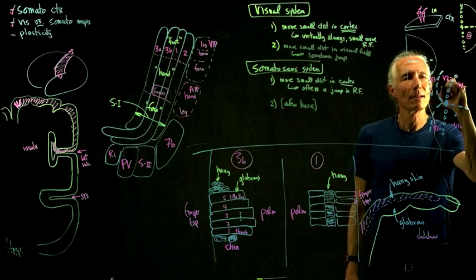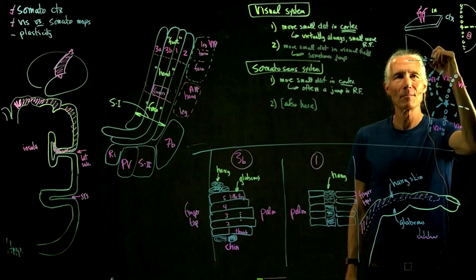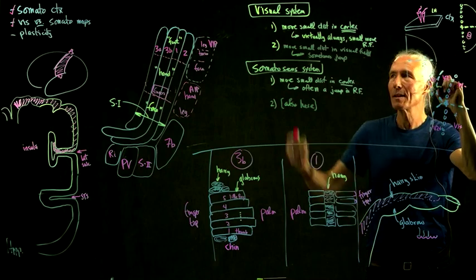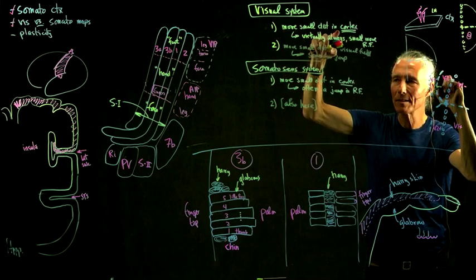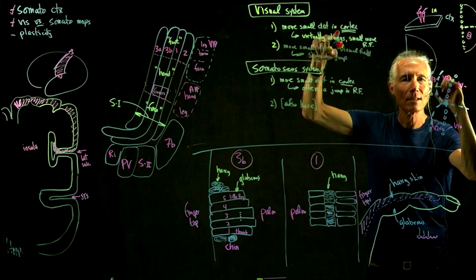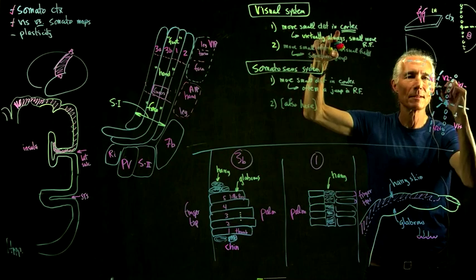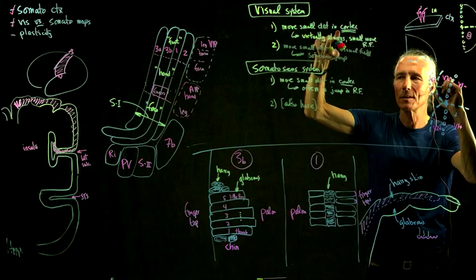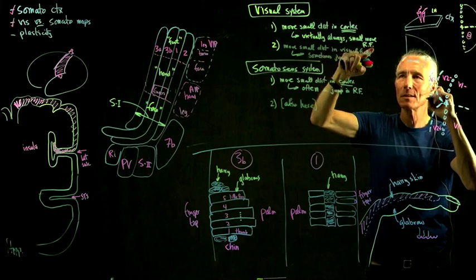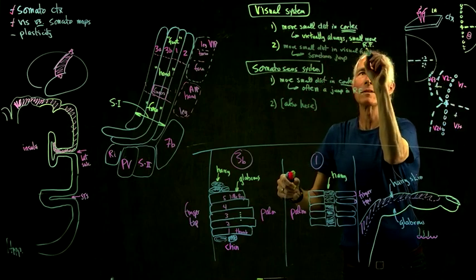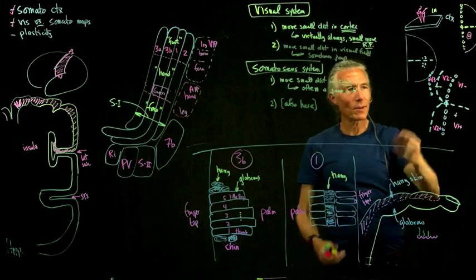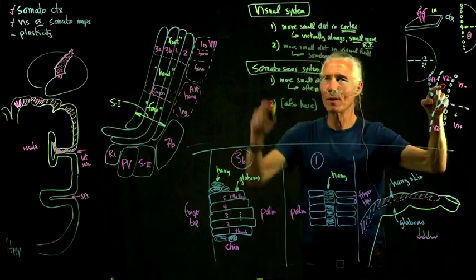So I would be in the lower field of V2. I would come up to the horizontal meridian, and then I continue moving a small distance in the cortex, and I go into the next area. And what happens? I just go back into the lower field. And so it's still a small receptive field move. So even at a place where there's a discontinuity, when we think of it in this way,